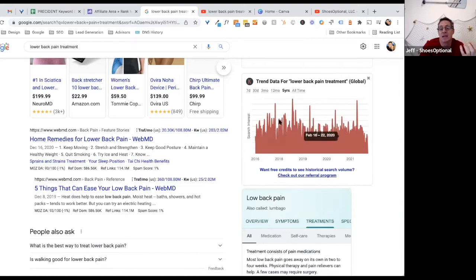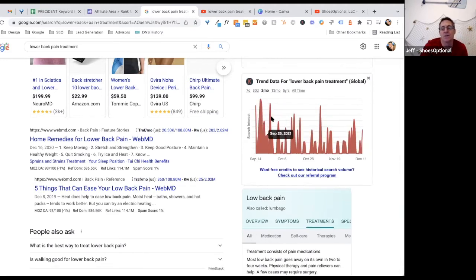Now, it doesn't give me a clear breakdown here, but with the paid version, I can drill down even more, and I might be able to find out why this is spiking throughout different times of the year. If I look at the last 3 months, you'll see the same thing. You'll see certain times where there's almost nothing, and then huge spikes on lower back pain